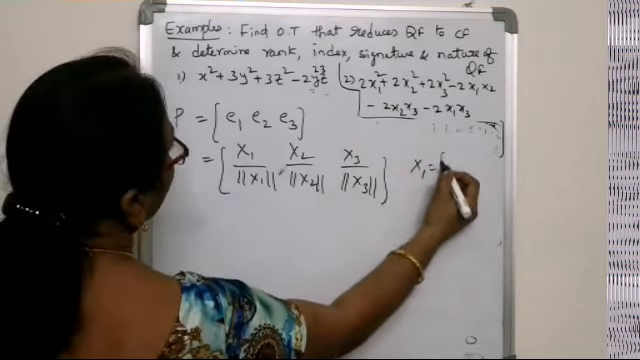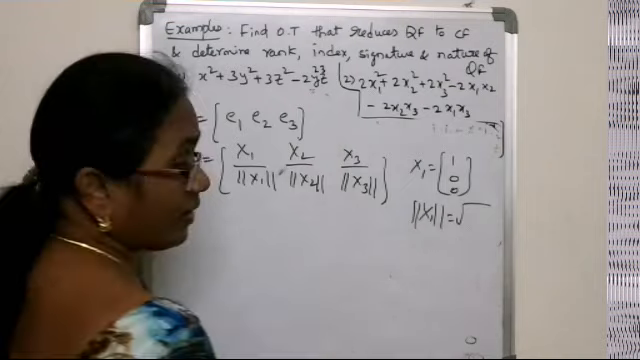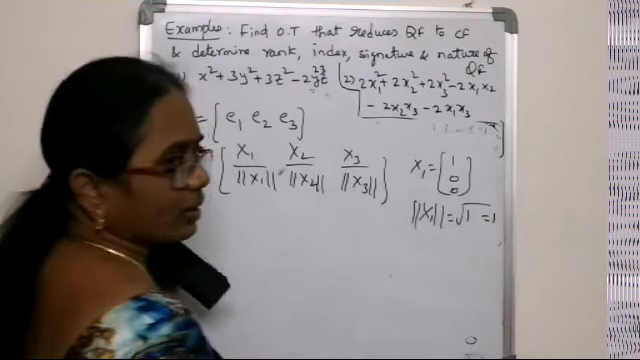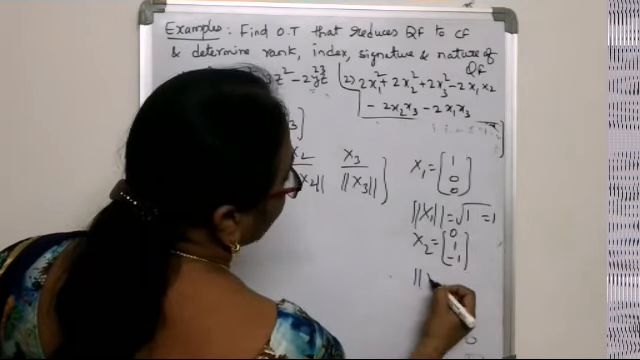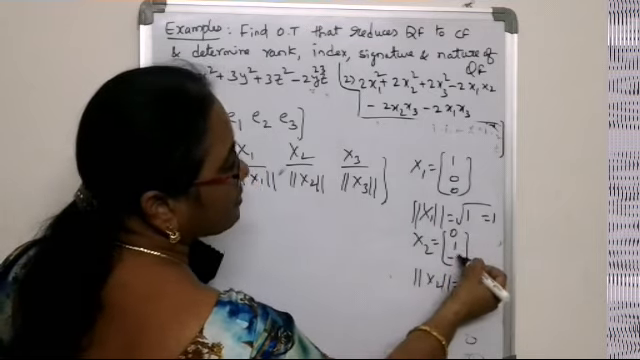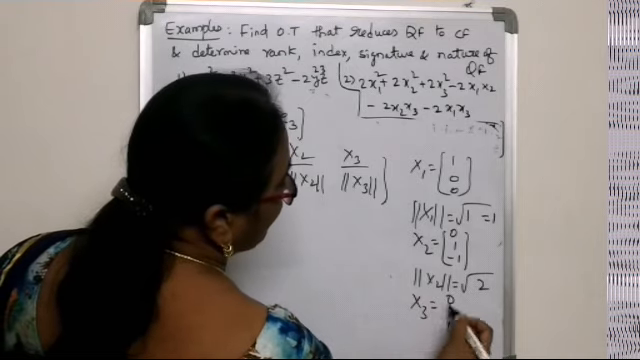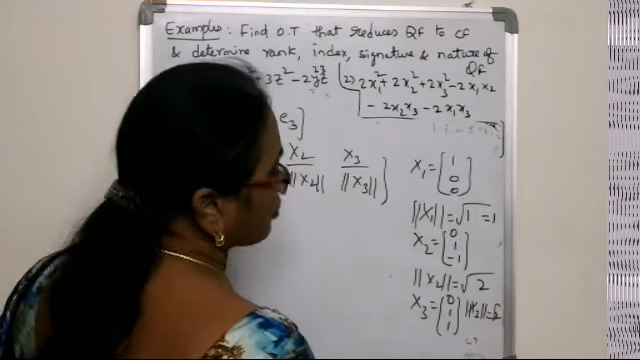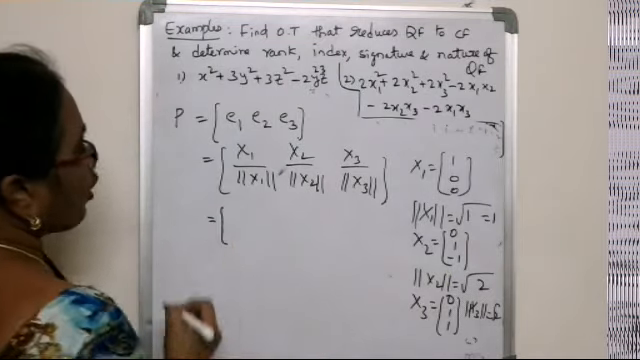Since x1 is equal to the vector 1 0 0, the norm of x1 is equal to root over 1 square plus 0 square plus 0 square, which is root 1, equal to 1. Since x2 is equal to the vector 0 1 minus 1, the norm of x2 is equal to root over 0 square plus 1 square plus minus 1 whole square, which is root 2. Similarly for x3, which is 0 1 1, the norm of x3, for the same reason, is equal to root 2. Dividing the elements of the vectors by the norms,